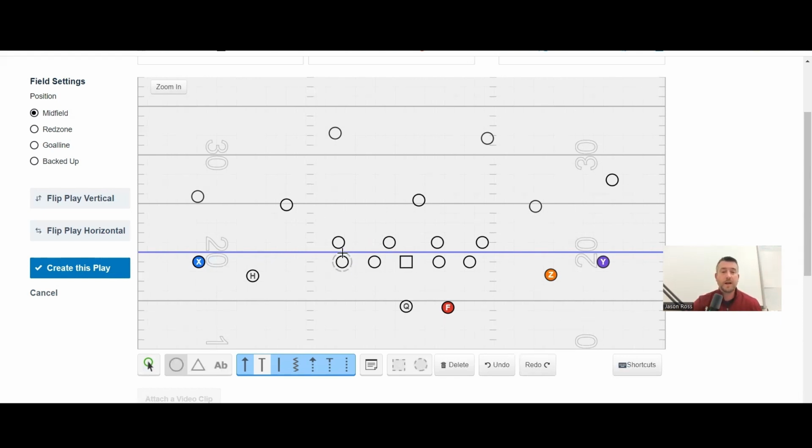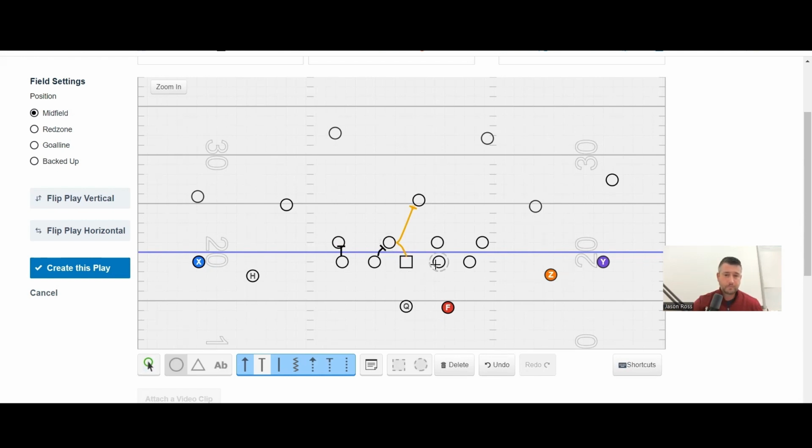So our play side tackle, does he have anybody inside of him? No, he does not. Does he have somebody head up? Yes, he does. He's going to block that man. And just do not allow that man to break to the inside. If he wants to go outside, you just take him wherever he wants to go, let himself run out of the play. Now, our play side guard, does he have somebody head up in the play side gap? Yes, he does. So he's going to block there. Center, does he have somebody inside of him on the play side? Yes, he does. He's going to work that double team, and then they work that double team to that Mike